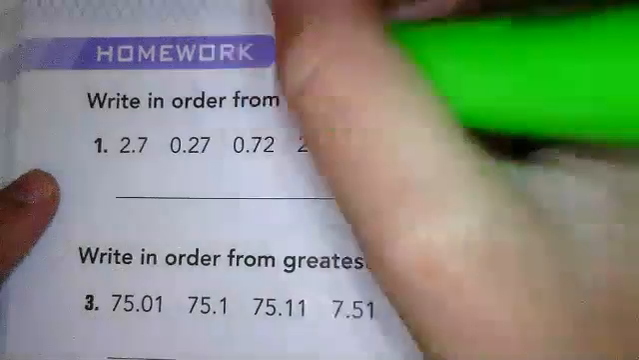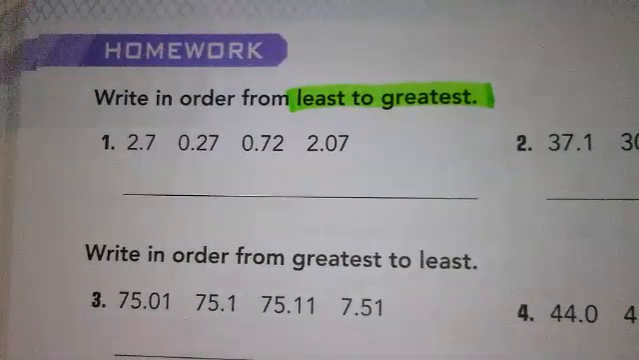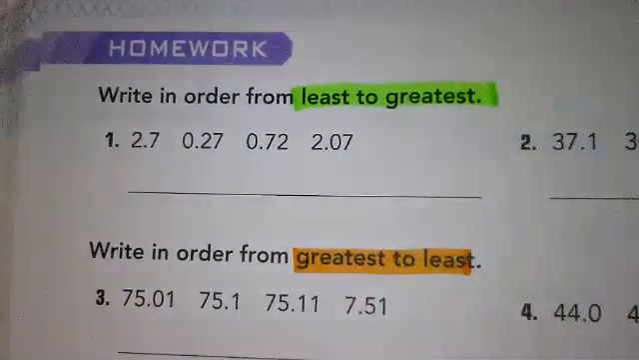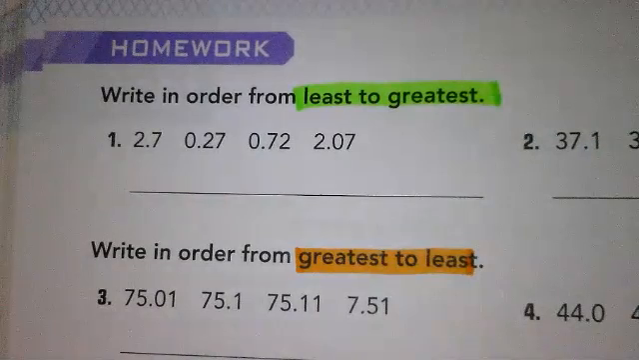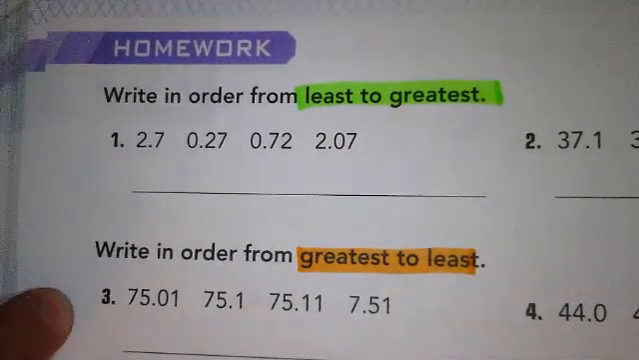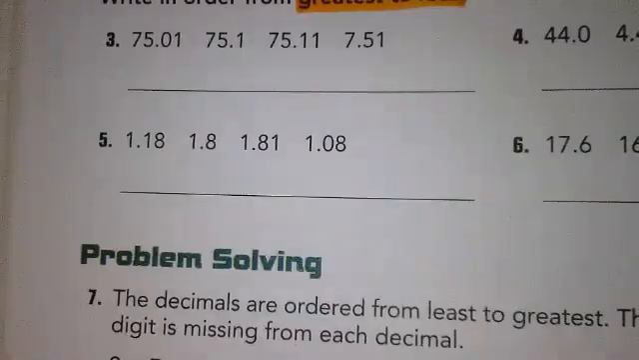Here, on the first 2, it wants you to go least to greatest. But on the next 4, it wants you to go greatest to least. So make sure you check that and do it the right way, right? So the first 2, you're going smallest to biggest. 3 through 6, you're going biggest to smallest. Okay, number 7,